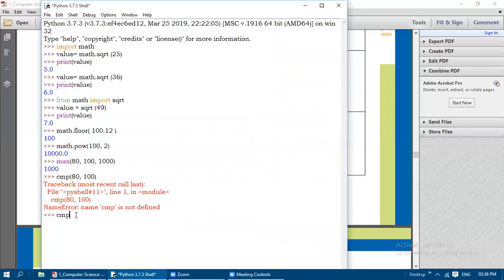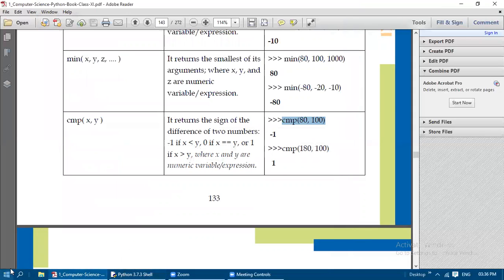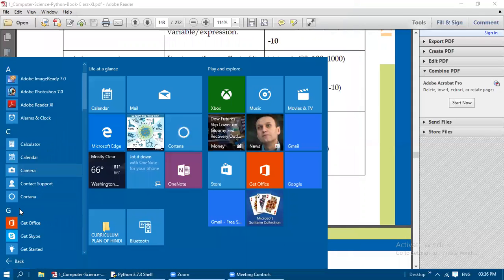CMP of 180, 100, so it is not defined. Like that it is coming. So let us check in the 2.7 version.